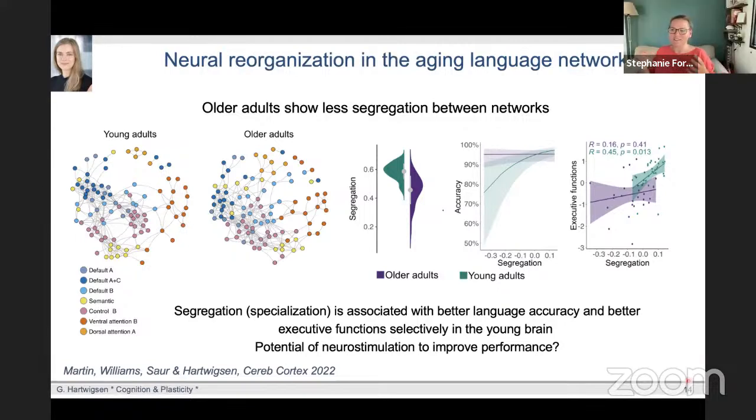Some studies have reported that language activity in children tends to be more bilateral than in adults. We see that for the white matter as well, that it tends to be more bilateral and then changes. So again, here, the question would be, when does that segregation actually happen, or is it the same to begin with? And then if it's not, when does it change, and when does it change back? What triggers those mechanisms? And I have to say, I have no idea. So I guess for this, one would need a lifespan approach where you continuously scan and have a lot of subjects from all different age groups.